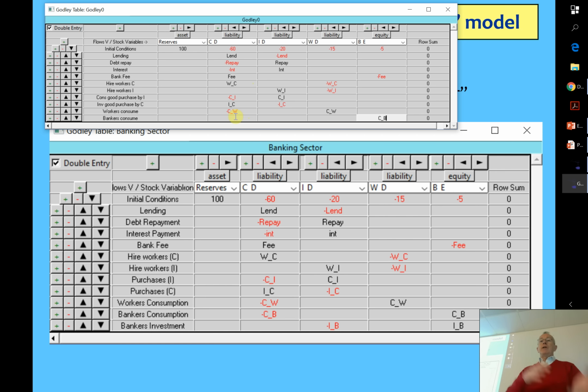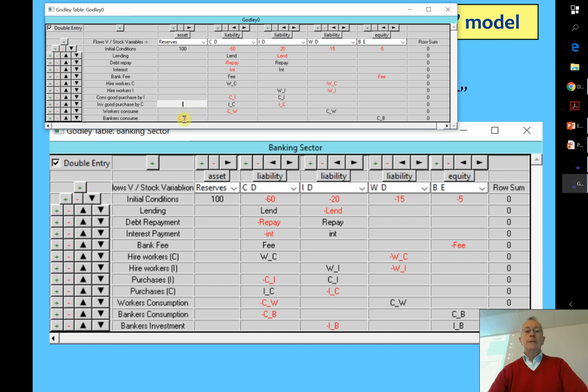As long as I've got a flow from and to in every account, that's all I really need to show the dynamics. But as you can see in the paper model I'm doing, and for you guys in the lecture, I've included investment purchases by the banking sector as well. I'm making another mistake here. I typed that in the wrong spot. Okay, I put it in the reserves.